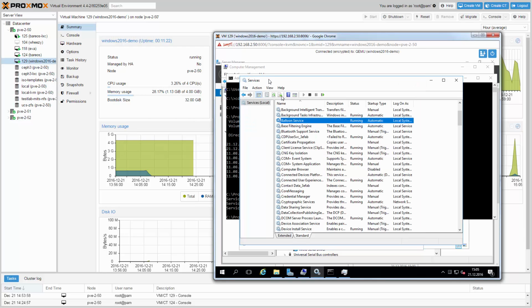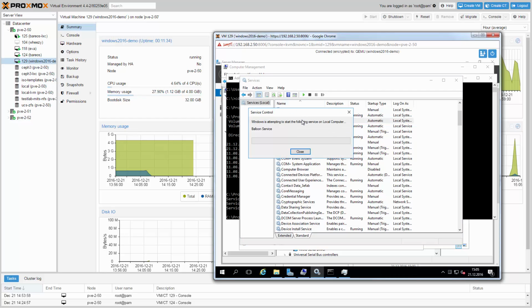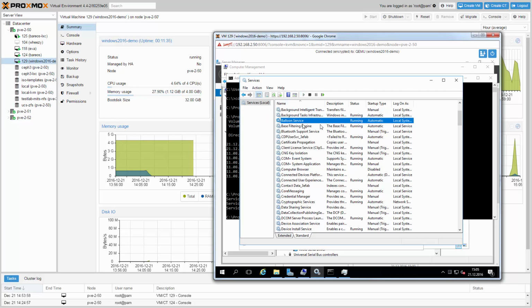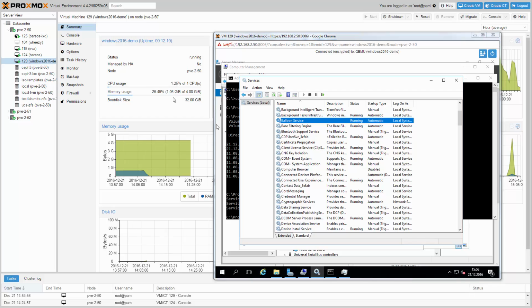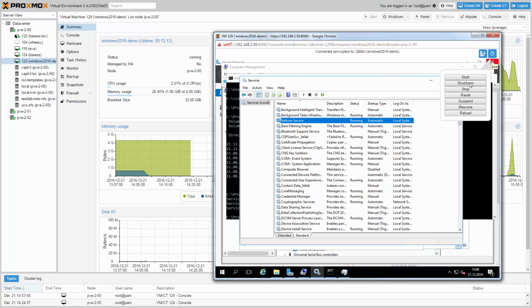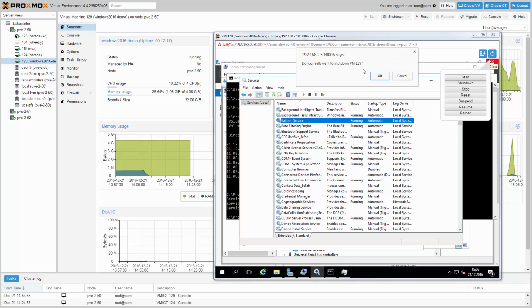If you stop the balloon service, you will see the difference. Start it to get the right value again. If I click on the shutdown button on Proxmox VE, the QEMU guest agent is shutting down the VM reliably.